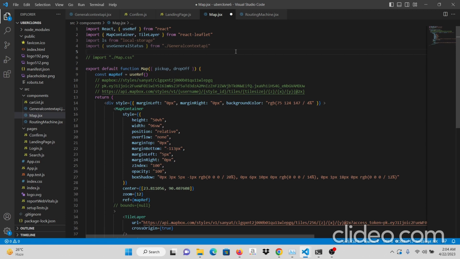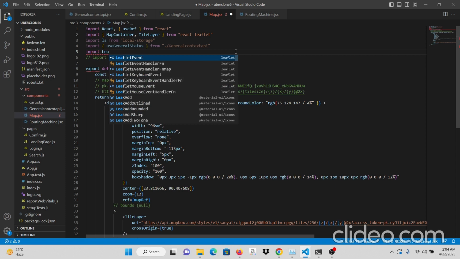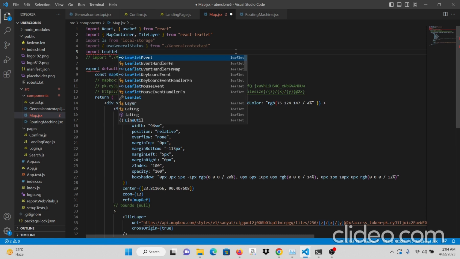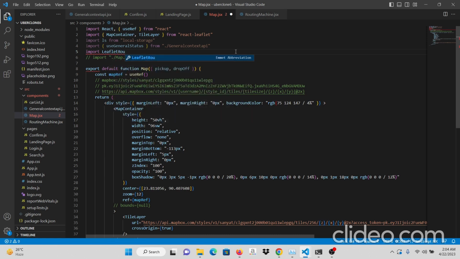So I'm just going to have to import the routing machine, import leaflet routing machine from